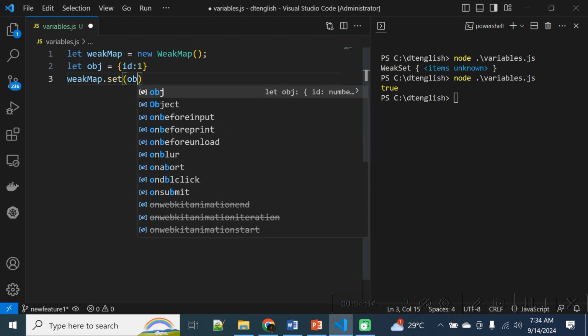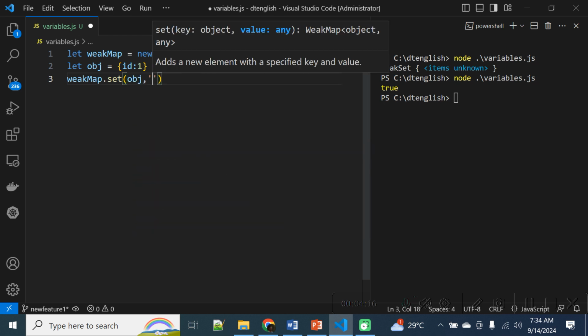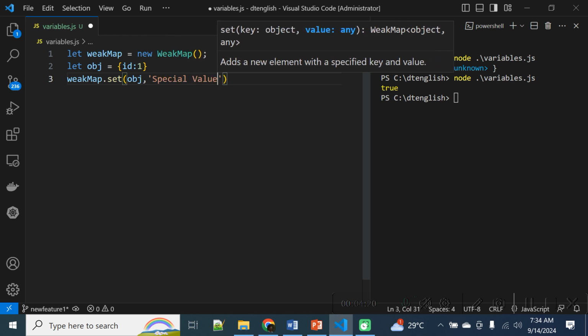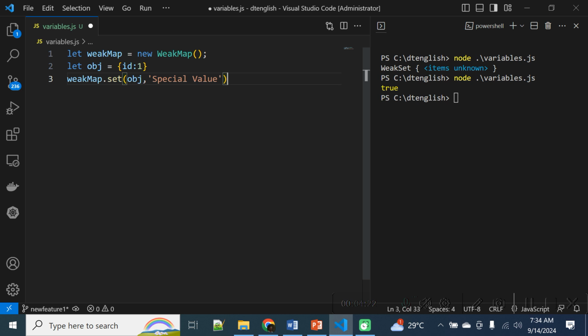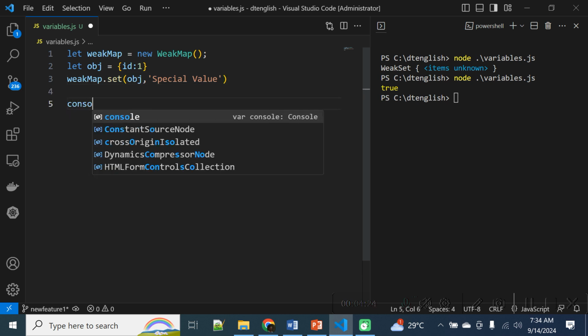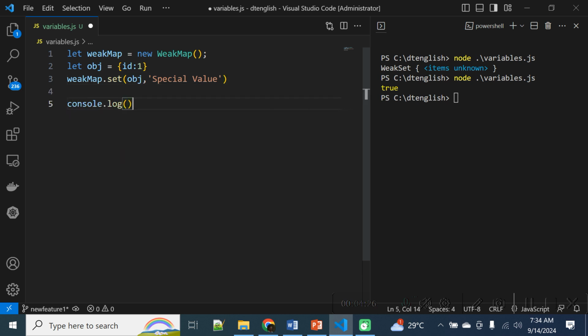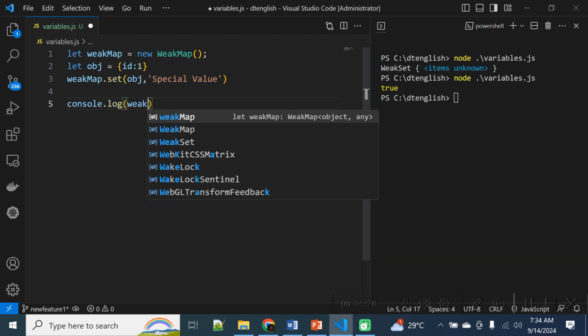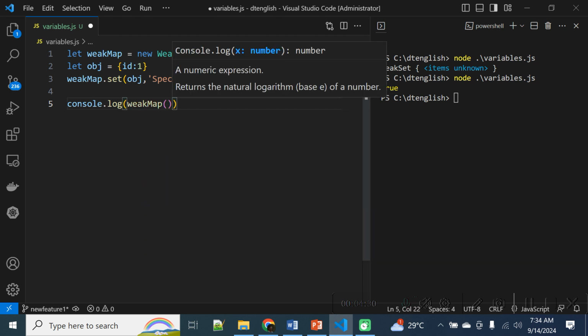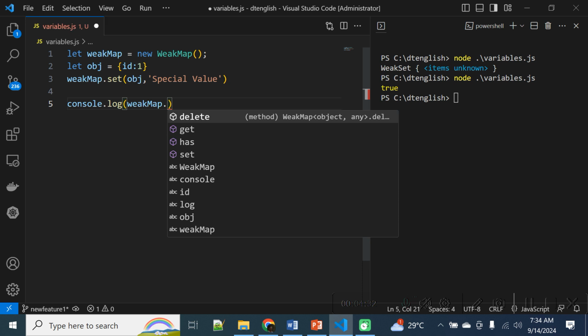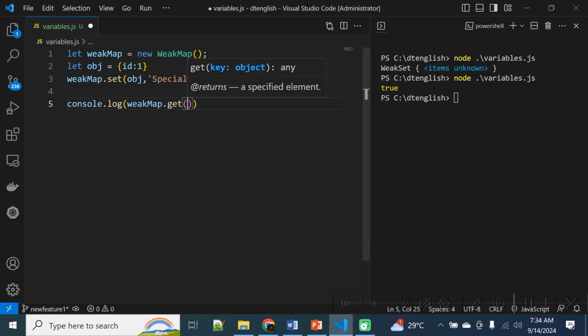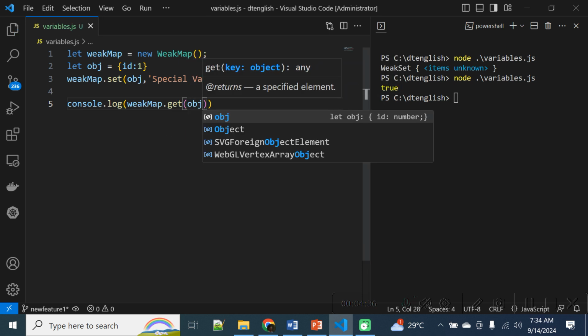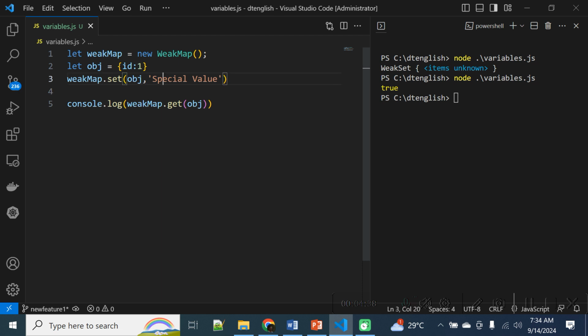So we are using this object as key and special value. Console log of WeakMap dot get of. So we will just call this object. We will get the special value printed here. See,